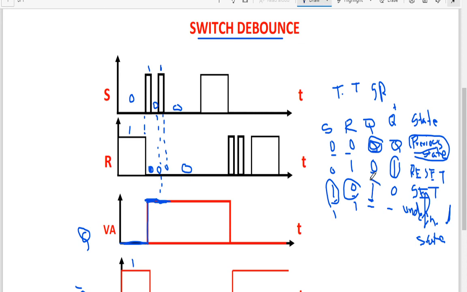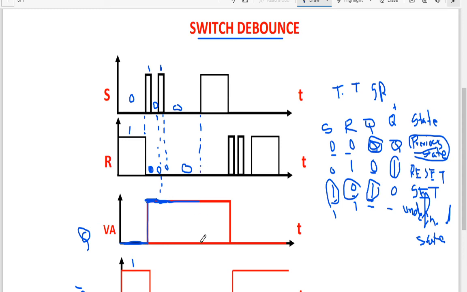The previous state of Q was 1. So I extend here. Now at this particular point of time, you can see here